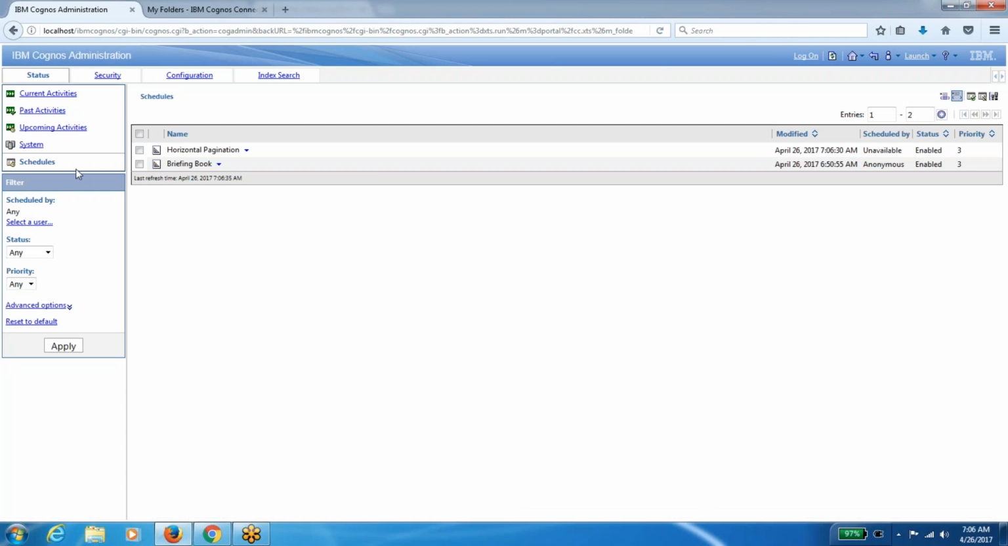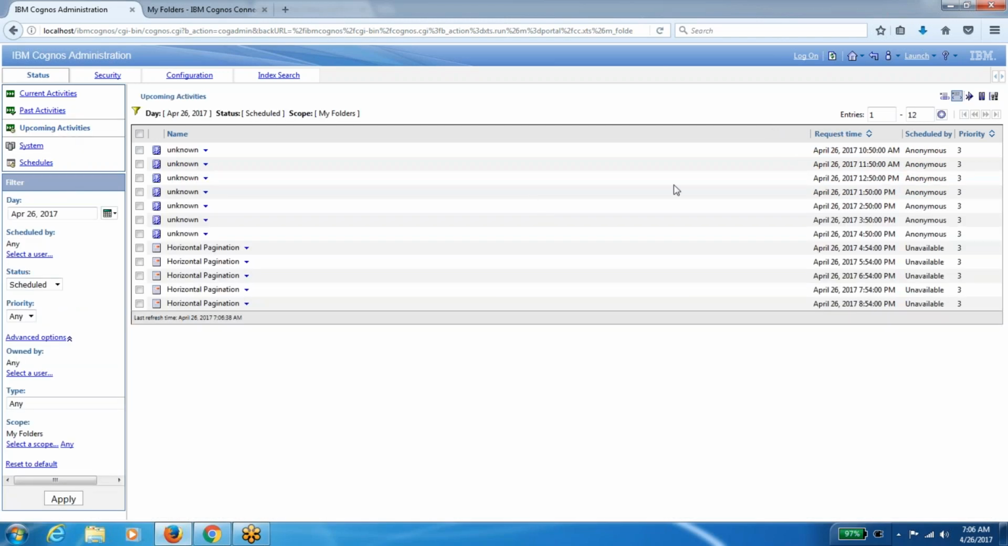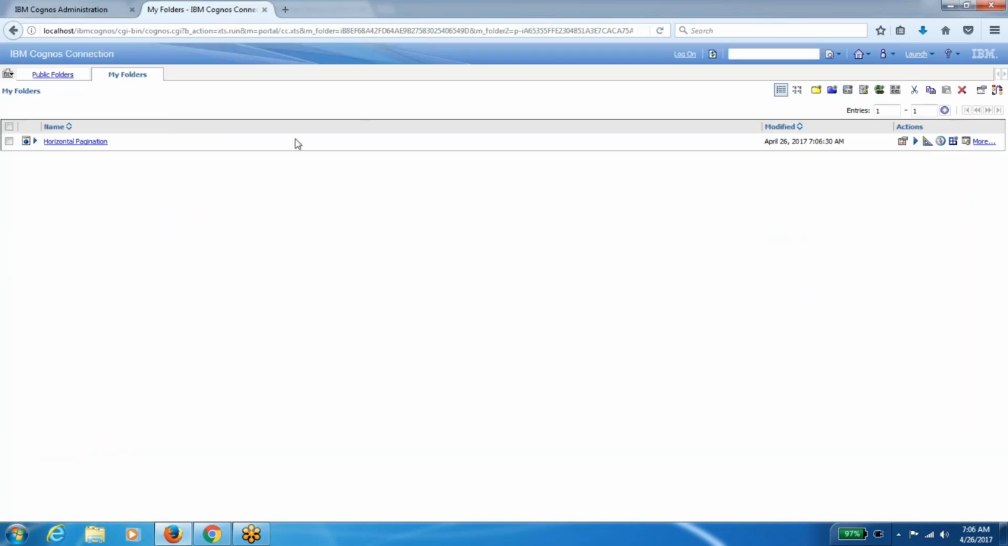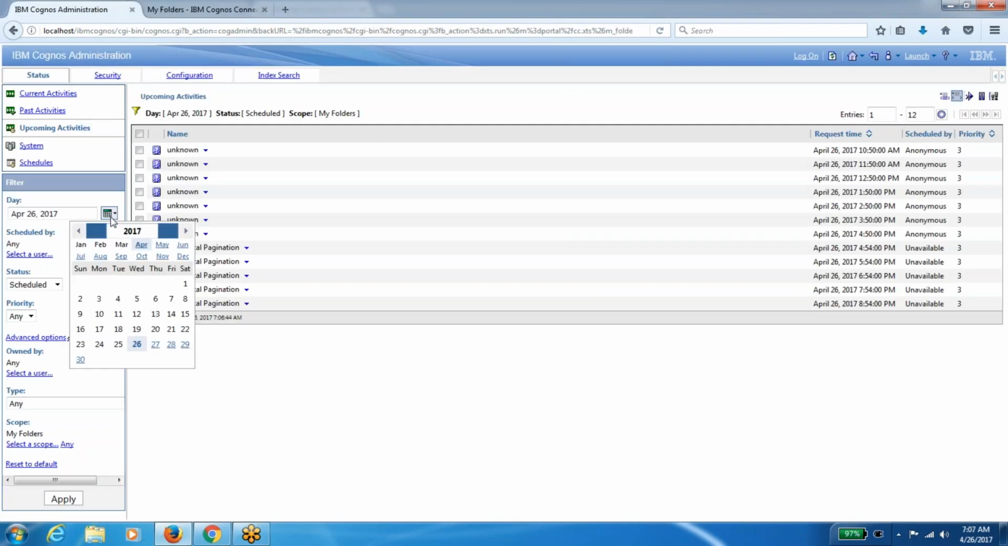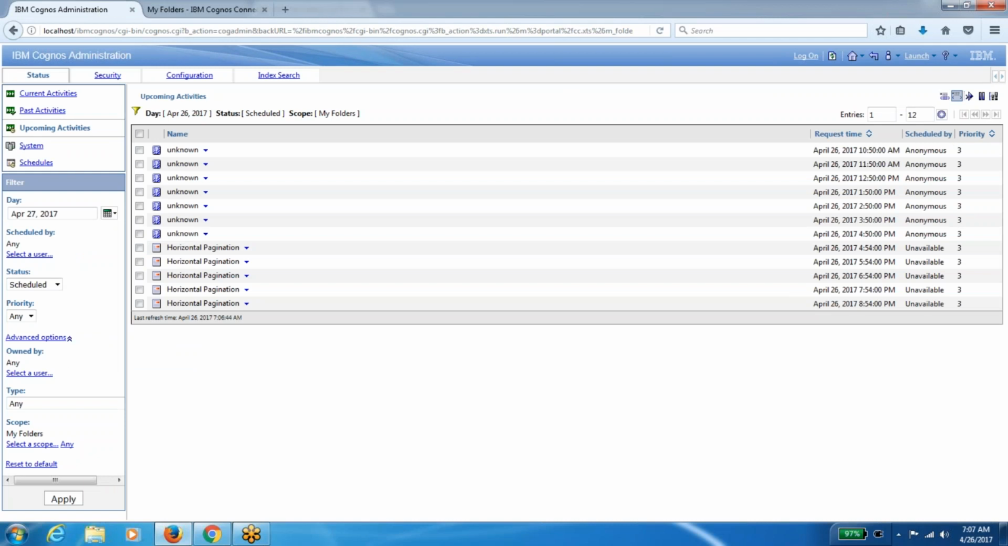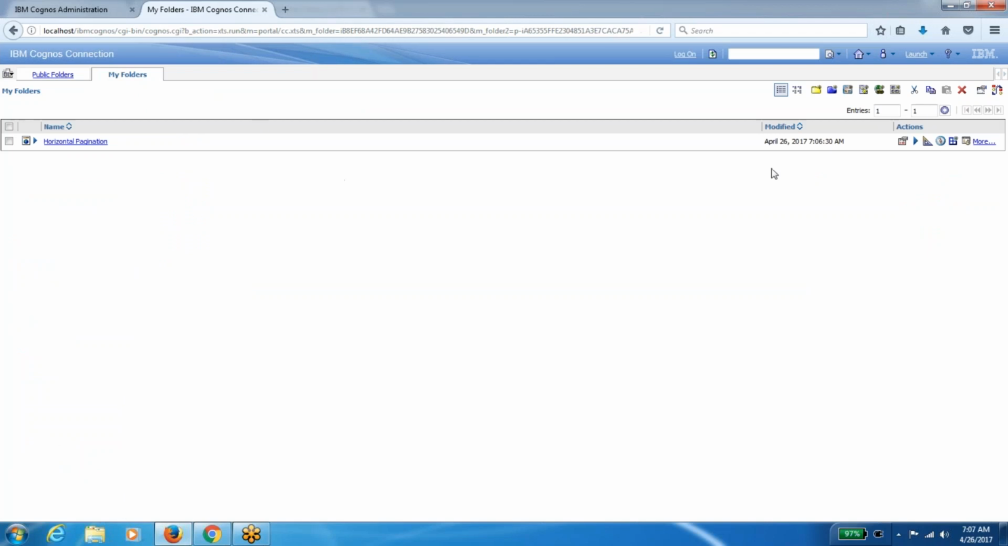Okay, I have an entry here. Go to my upcoming activities. So the contents are not getting cleared off from this particular page. There might be some other things. But if you see here, according to my schedule, take me to the 27th. For the 27th, my schedule is supposed to run